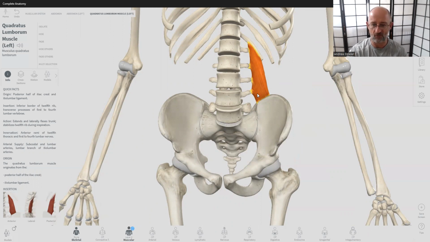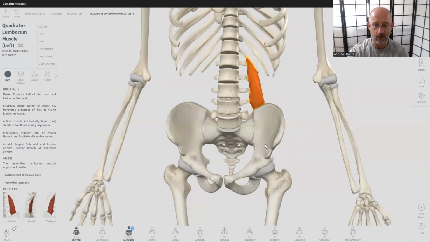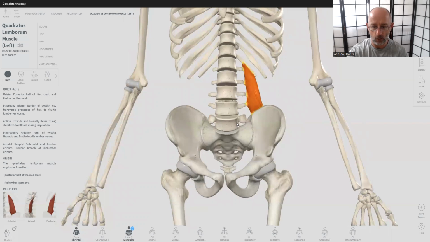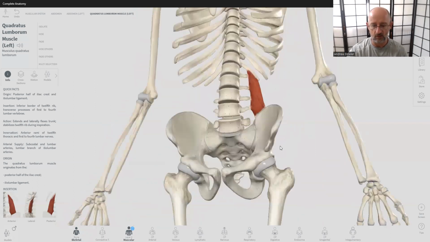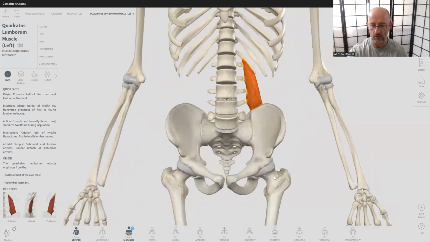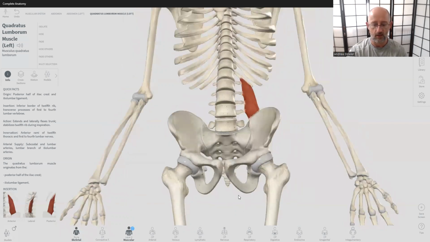All right, so I hope you enjoyed that overview of the pelvis, some of the skeletal structures, and some functional anatomy. And we're going to move on, keep working our way out from the pelvis. So we've done all the glutes, we've done the deep pelvic stabilizers, obturator internus, externus, superior, inferior gemellus. Okay, so I think next stage is we're going to look at the quads. So we'll look at the hip flexors. And to give you a bit of a preview, one of the primary hip flexors is going to be